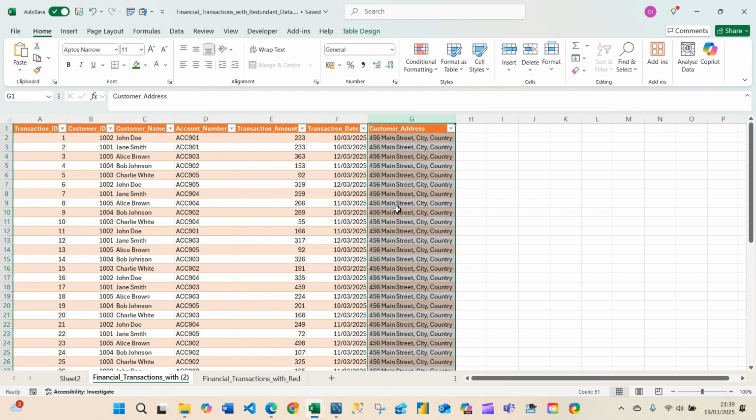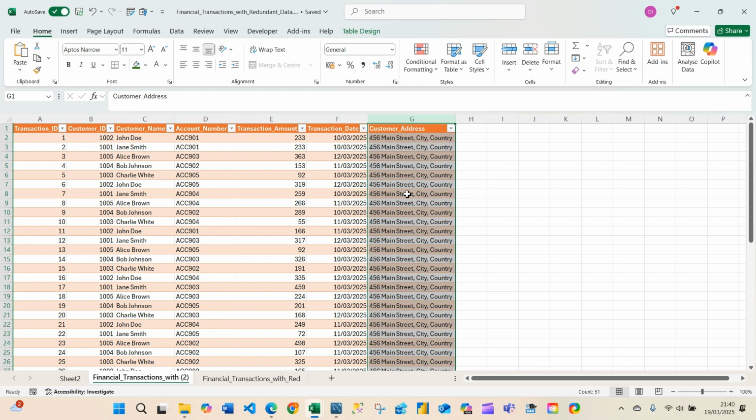Because when your database is normalized, which I will show you the process I go through to take this database and normalize it so that we remove the redundancy. But first of all, I want to make an extreme example of redundant data, which is this column here. As you can see, it's extreme, but it's just something to be aware of. This is a simple database, and you've got the transaction ID, customer ID, here on all these columns as well. But when you look at this column here,